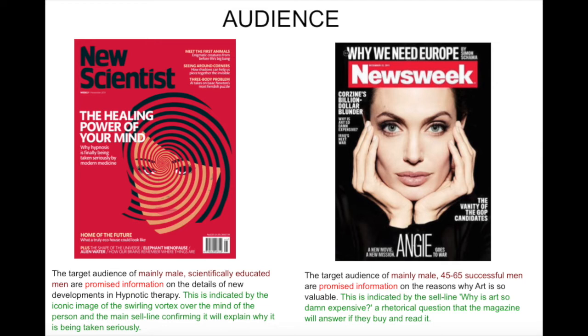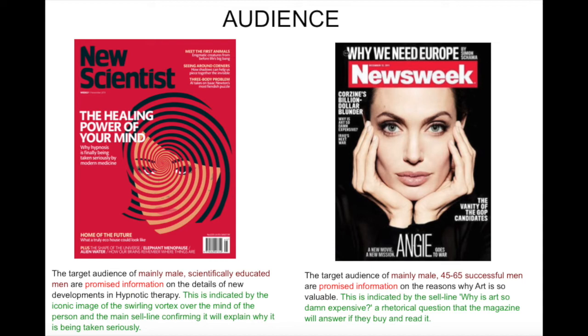So here, I'll just take one of them from the New Scientist. We can say the target audience of mainly male, scientifically educated men are promised information on the details of new developments in hypnotic therapy. Now that's obviously in our main cover line. But what we've done there is say our target audience is this group, and because they're scientifically educated, they're interested in that New Scientist product.